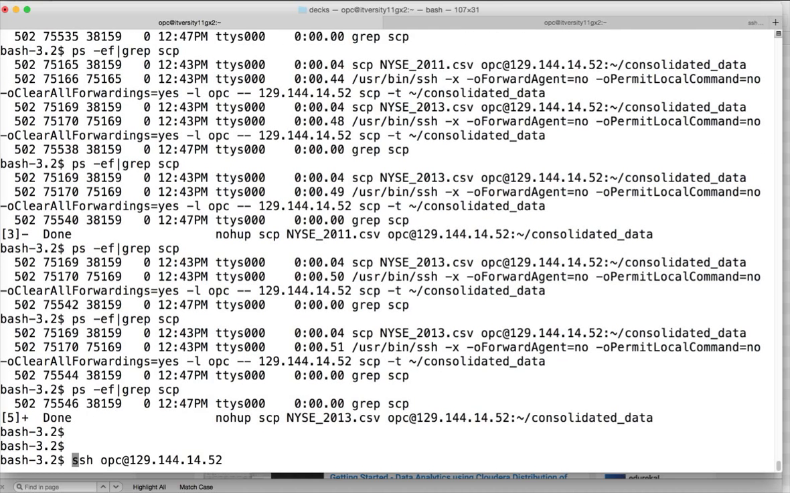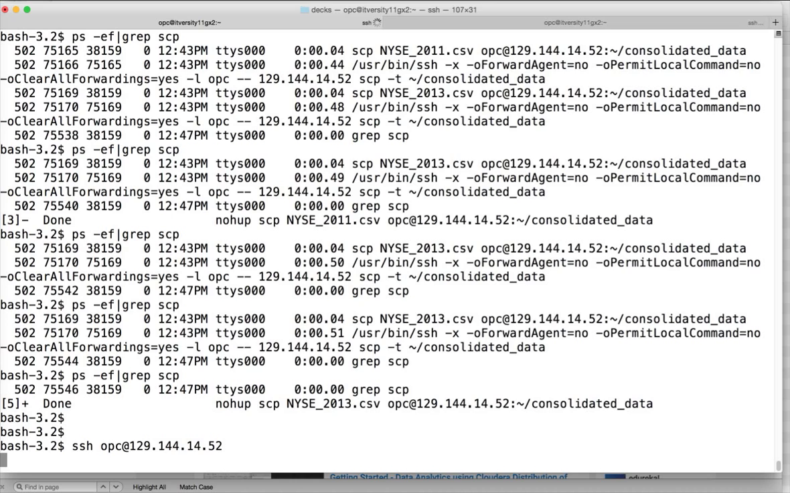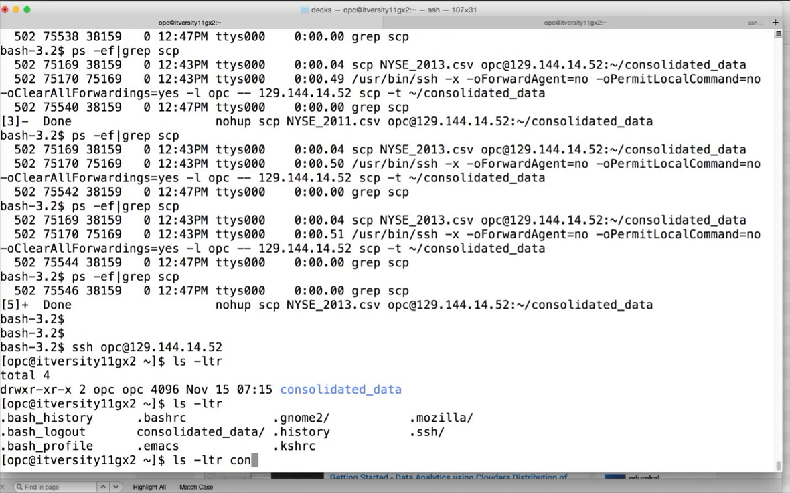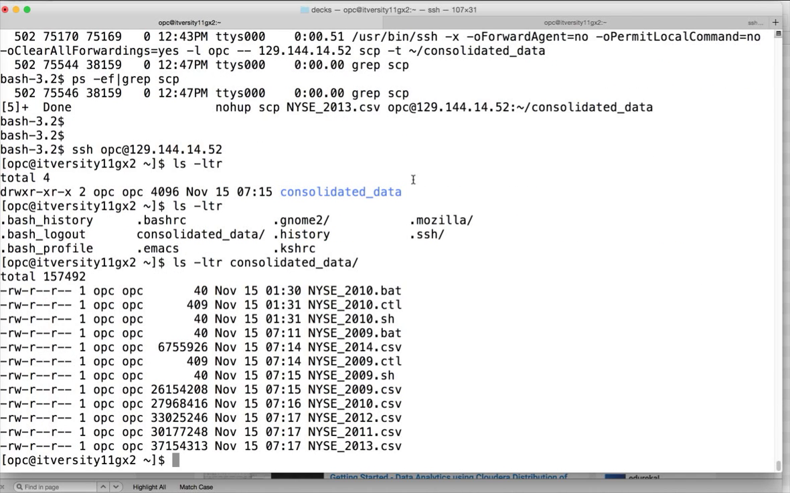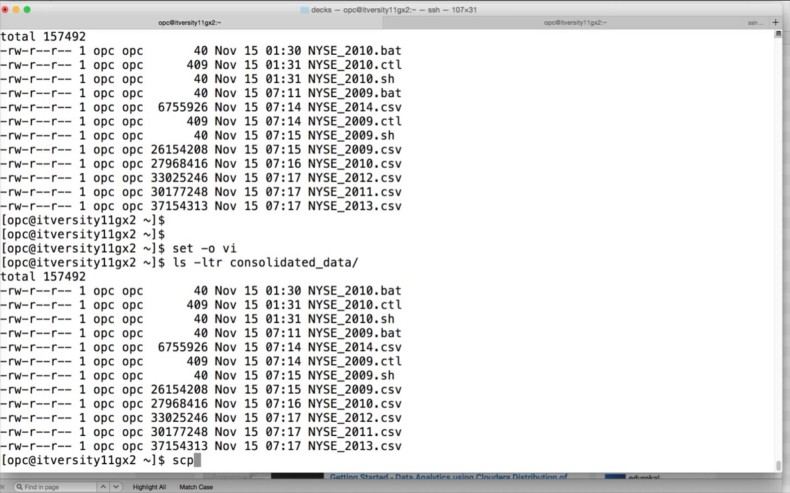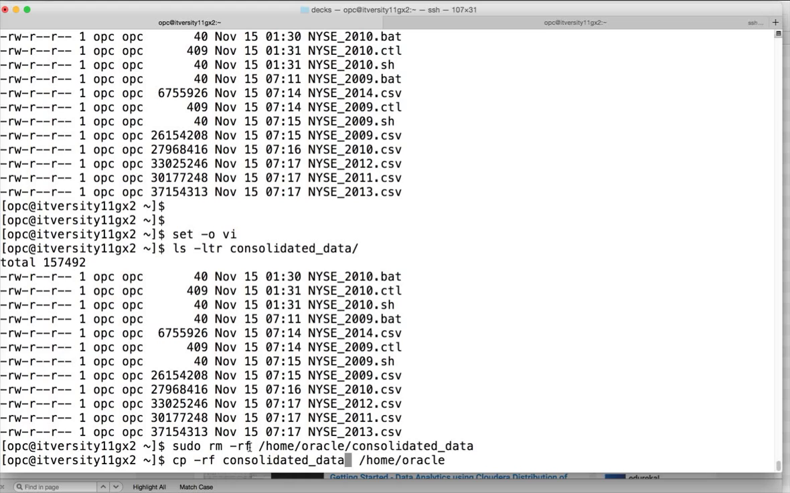So now I'm logging into the server using the OPC user, and we have the consolidated_data directory. You can see that the file size will not change once the copying is done. Now we have to copy all these files and scripts to the Oracle user. This is the command which I'm trying to use. I deleted the data, and I also have to run the cp command with sudo